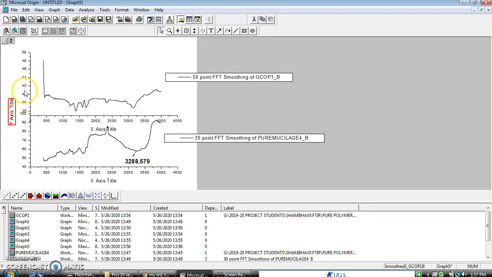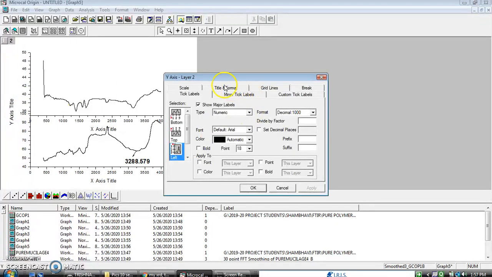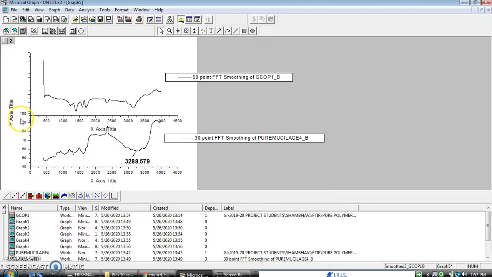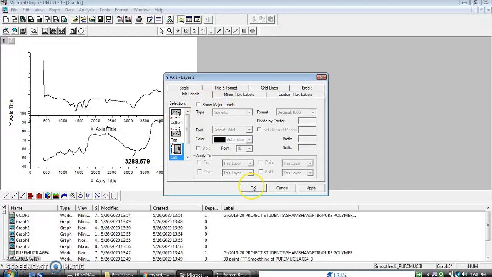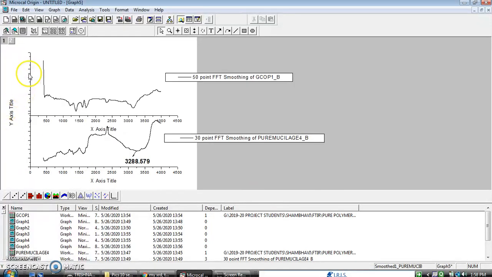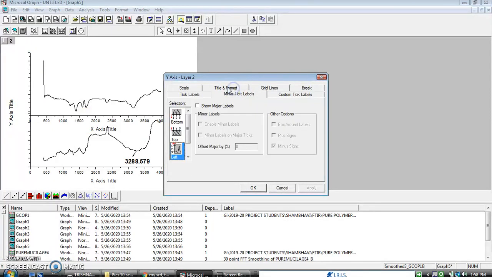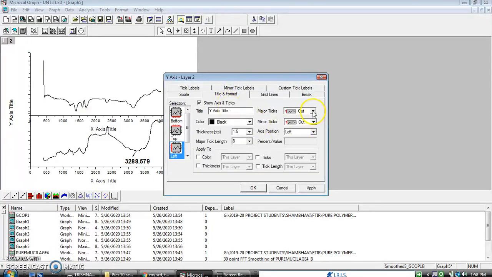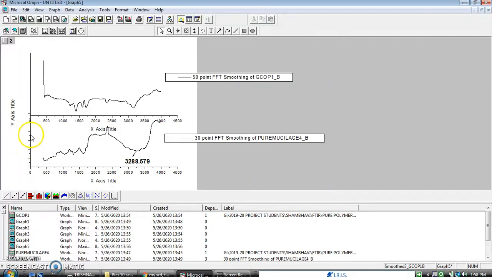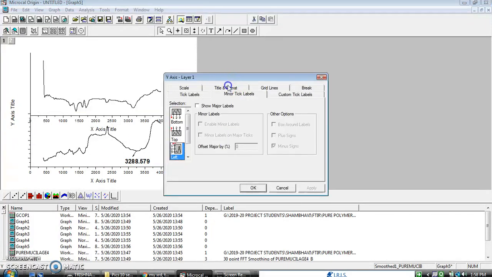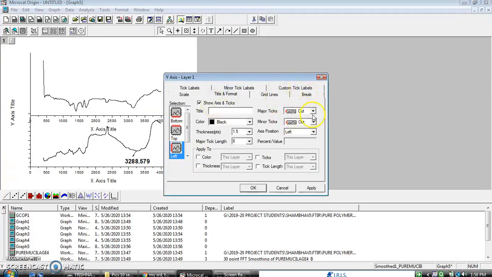Now in order to remove this number, you double click onto this number, immediately this type of format will appear. So you just tick off this show major label. Everything will go off. Again the same thing, show major label off, everything will go off. Now in order to wipe off these lines which are present here, you have to again click onto this. You have to go for this minor tick label, again title and format. Now here, major tick none, minor ticks none. Again in this case also the same thing.